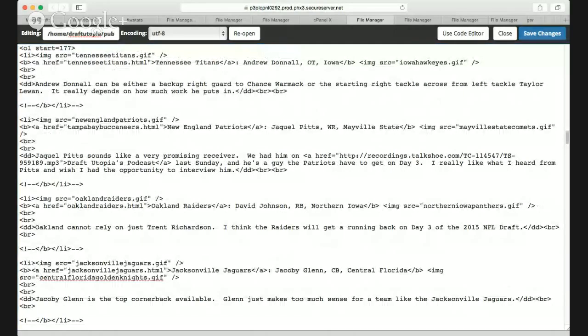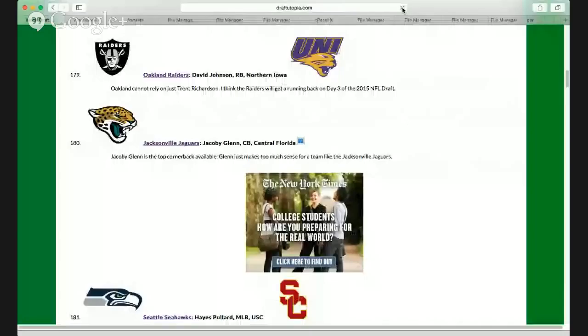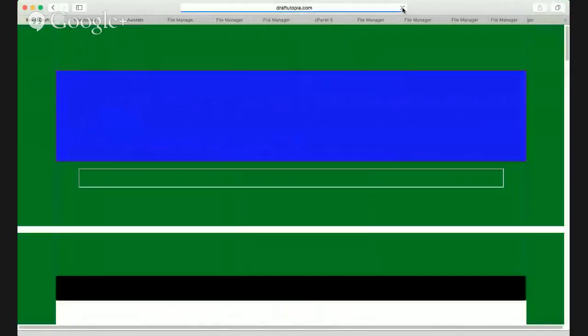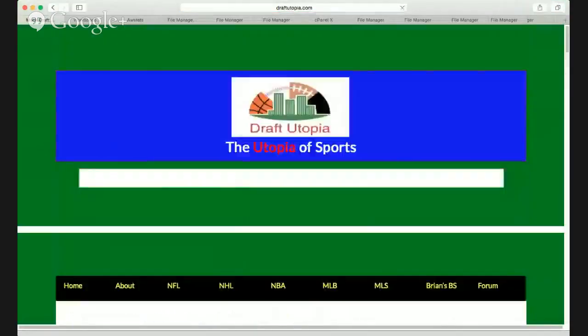So Central Florida instead of Central Florida. Let's try that again. This is why web code is never, when the question mark appears, it means you made a spelling error. It only appears if the photo is not in the server.